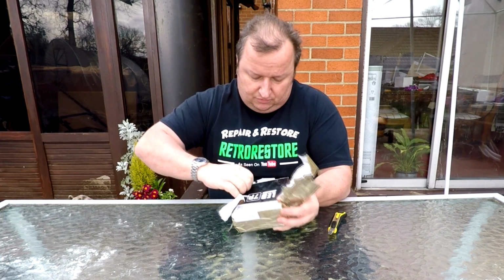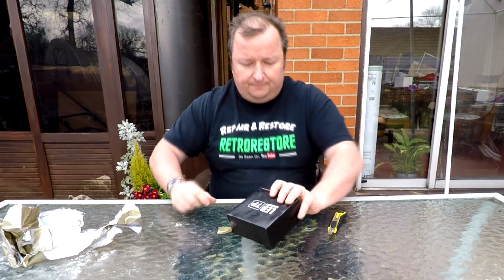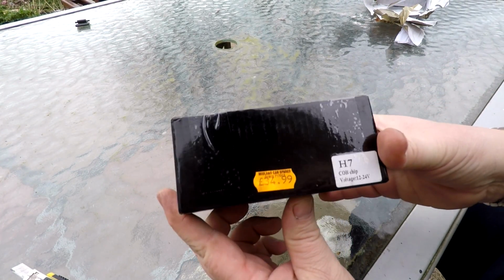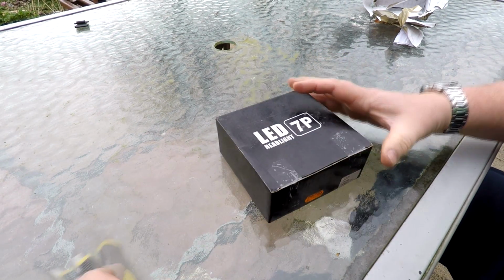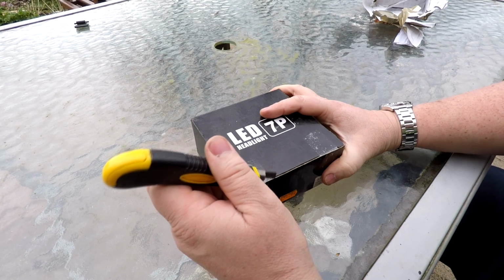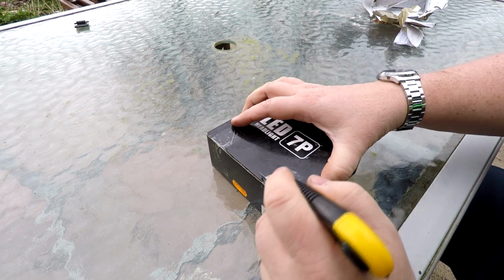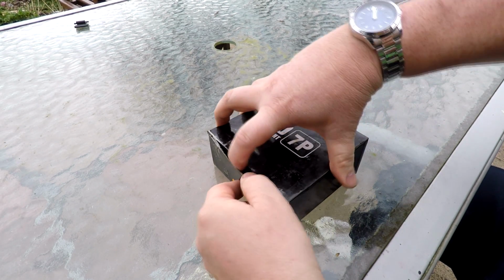Wow, these are, apparently he bought these for £34.99. That's amazing. Let's have a look. Right, so these LED H7s, yep, that's them, they cost, as I say, £34.99. Let's just open it up and have a look. Again, these are supposed to be LED bulbs, but are pretty good, and apparently they're CAN bus compliant. That means that they don't set off your